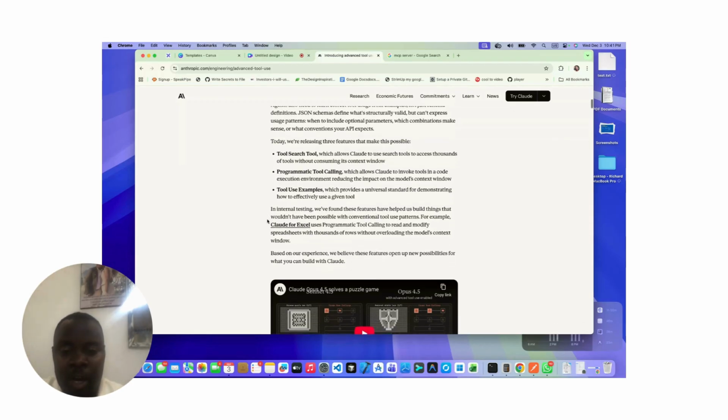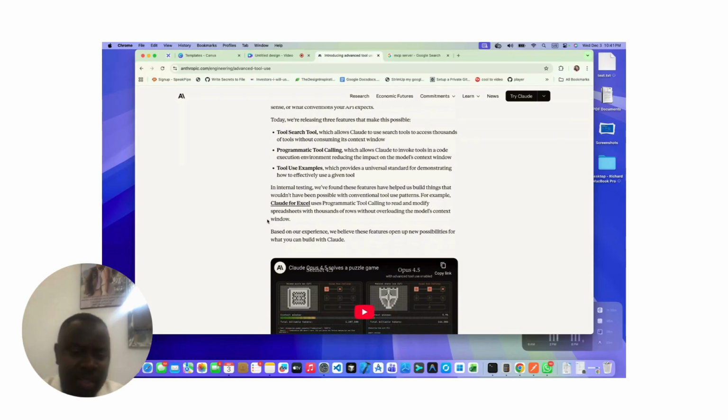And for example, they have tried different things like CRUD for Excel, which is a programmatic tool coding to read and modify spreadsheets. And this seems like a tool they have to test out this new solution they are bringing to MCP servers.